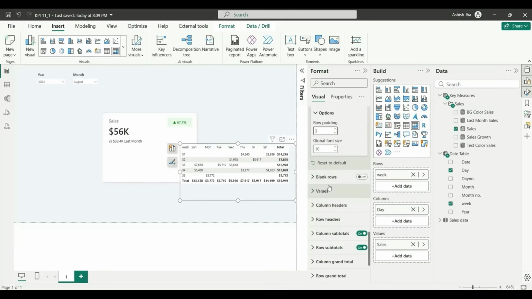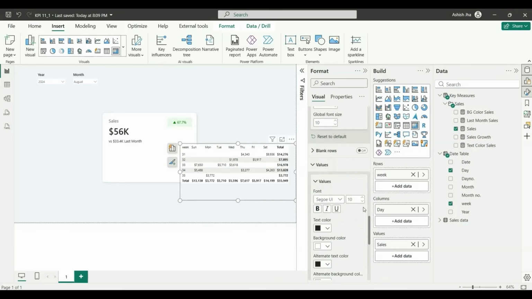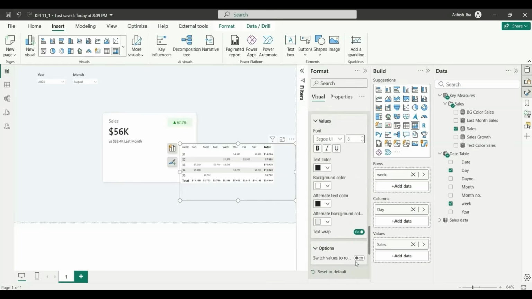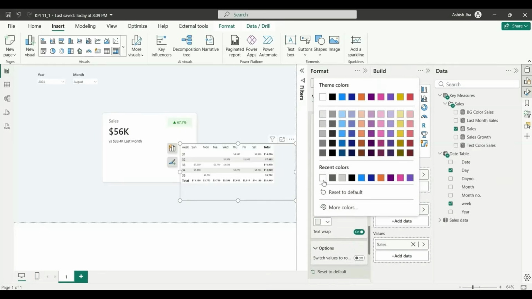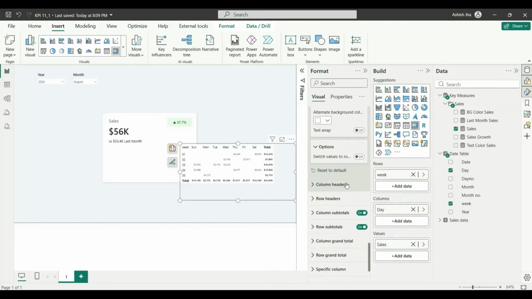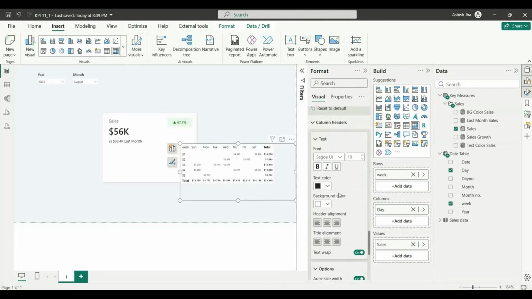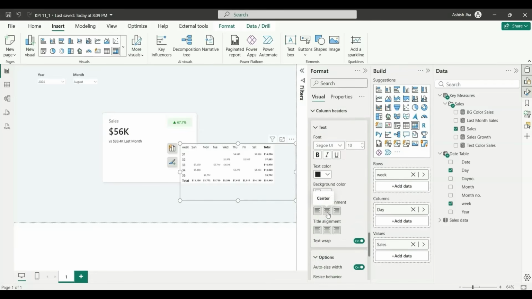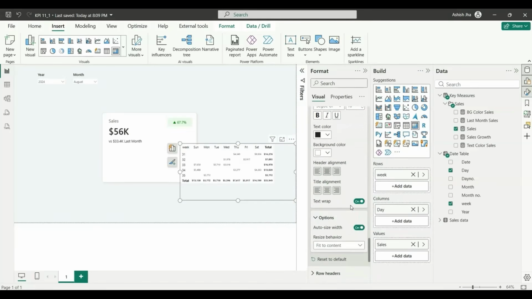So this is fine. Next, go to values, and in the values we can make the values smaller. Let's say 8, so that it is shorter and we can fit this KPI in this smaller size. Next, in the alternate background we can make it white. So this is values, and in the values we can turn off the text wrap and go to the column headers. In the column headers we have header alignment, make it center aligned, and the text wrap as well we